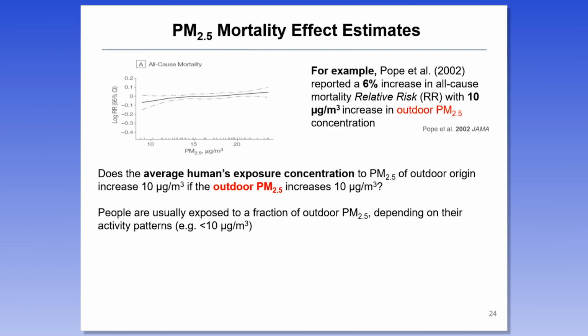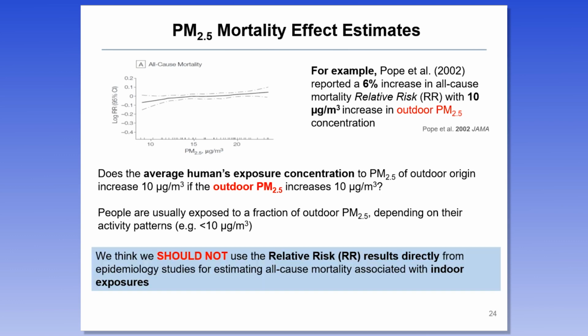With the introduction that Brent gave us, and as indoor scientists, we know that the answer is no. People are actually exposed to a fraction of outdoor PM2.5 depending on their activity patterns. So this number should be something less than 10 micrograms per meter cube. That's why we think we shouldn't use the relative risk results directly from epidemiology studies to estimate all-cause mortality